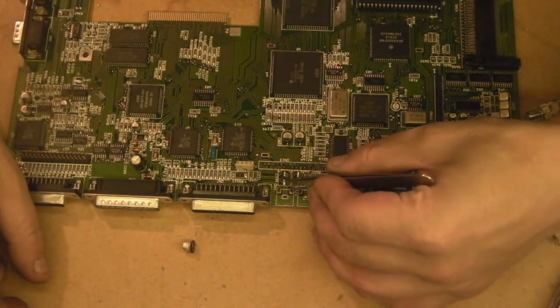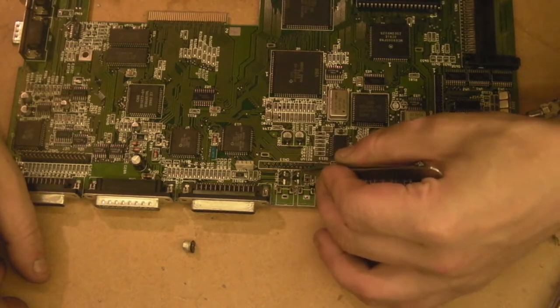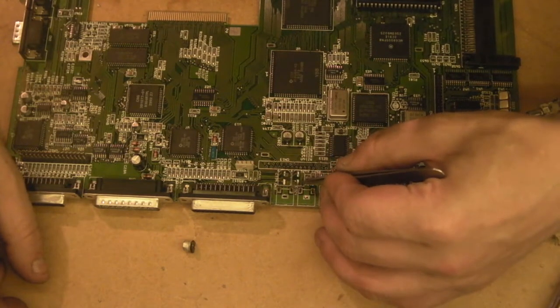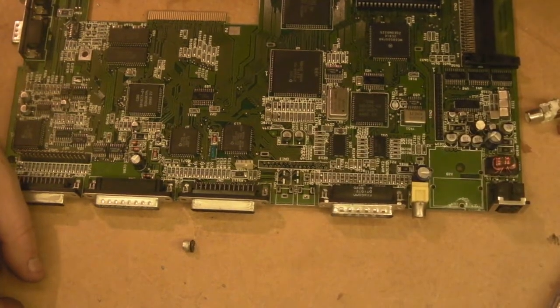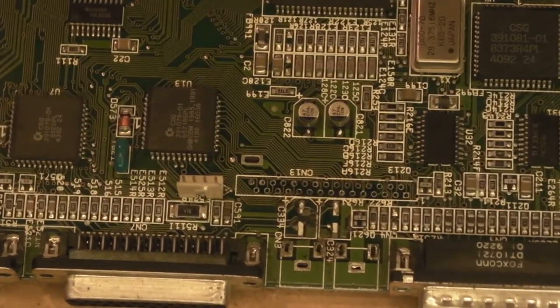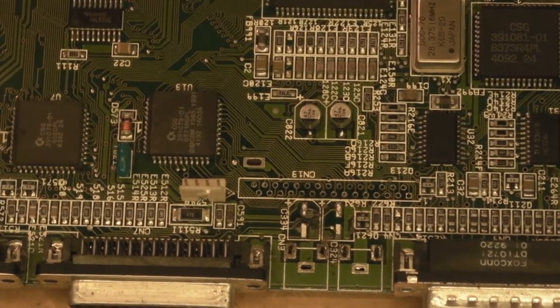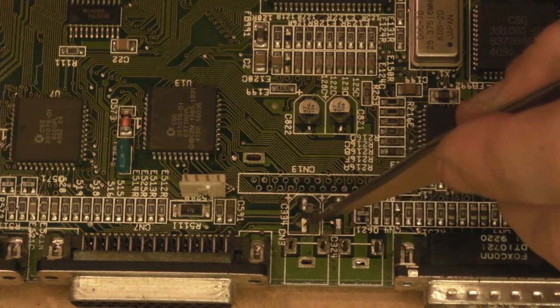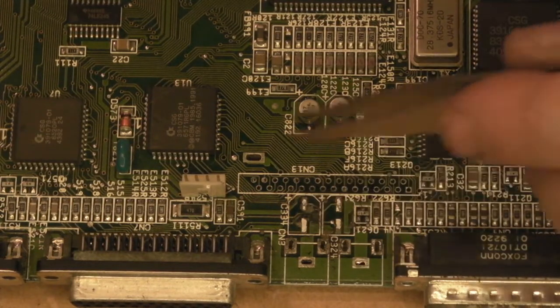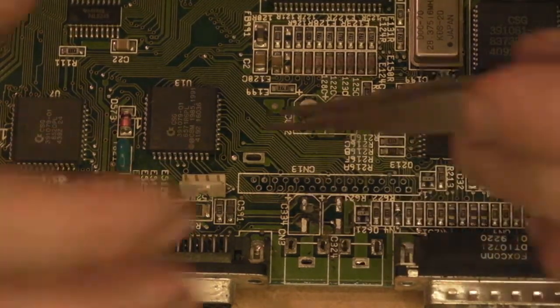No, we haven't. The pads are intact. They're absolutely filthy and full of crap and corrosion. Well, let me just zoom you in. So, as you can see, we do have all four pads completely intact. We're just going to have a hell of a lot of cleanup work to do in this area before we can put the new